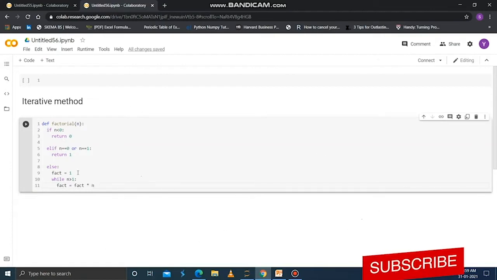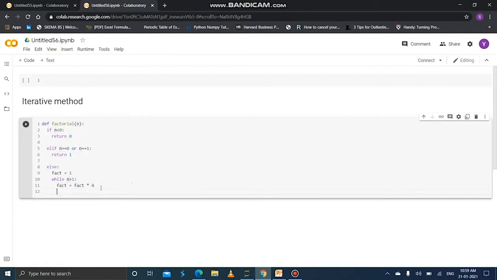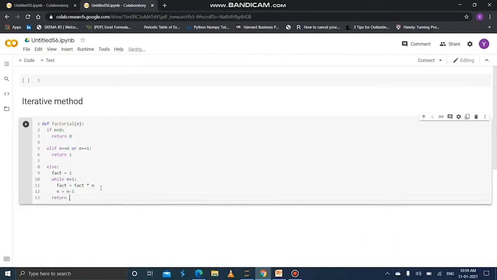We know that fact is 1. If this n is 2, then fact is equal to 1 into 2, so the fact variable becomes 2. For every iteration we need to decrease the number by 1 because we already know that it is the product of all previous numbers. Just decrease the number by 1: n is equal to n minus 1. Now just return fact.